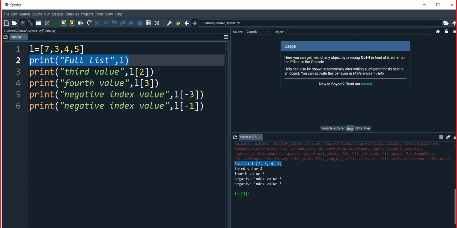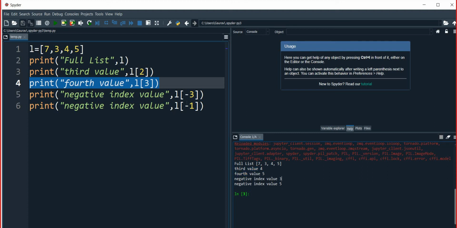Okay, now the third value according to this will be 4. Here see the third value is 4, the index will be L2. Same as the fourth value, here the value is 5, index 0 1 2 3, and -1 according to the fourth value is 5.